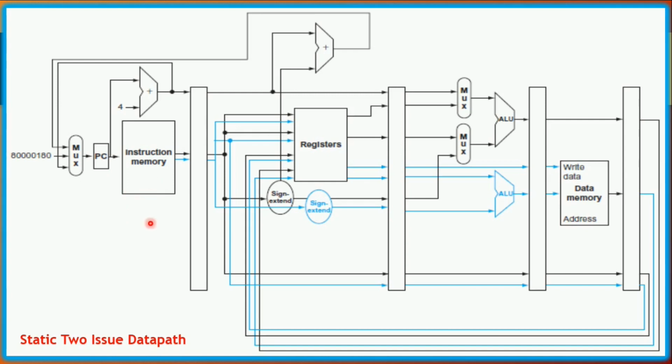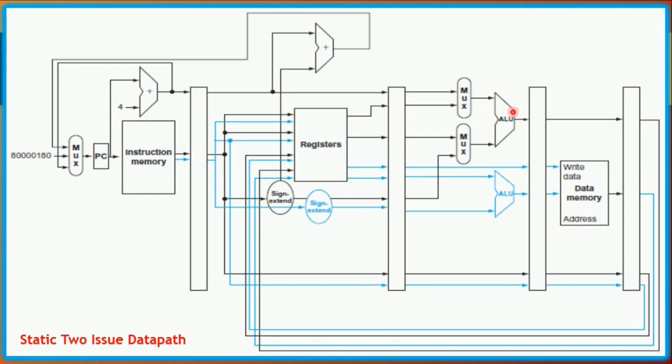So in a single clock cycle we are able to fetch two different instructions, and they will be decoded, and we will have extra buses for accessing extra registers. One sign extension is used in case of a branch instruction. One sign extension is used for parallelly operating the load or store instructions. So here we have two different ALUs working in the third clock cycle.